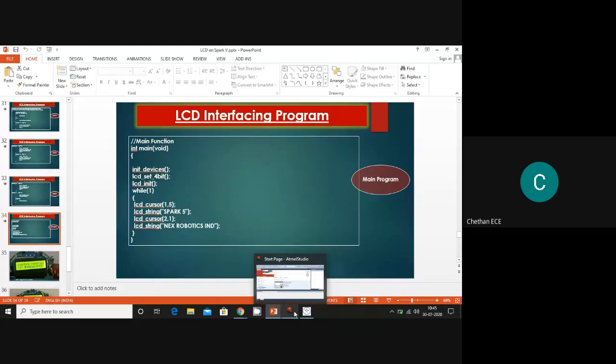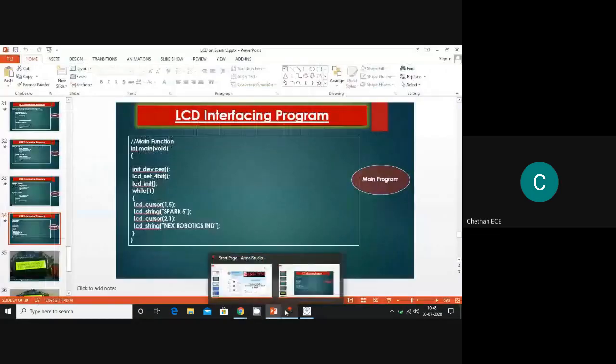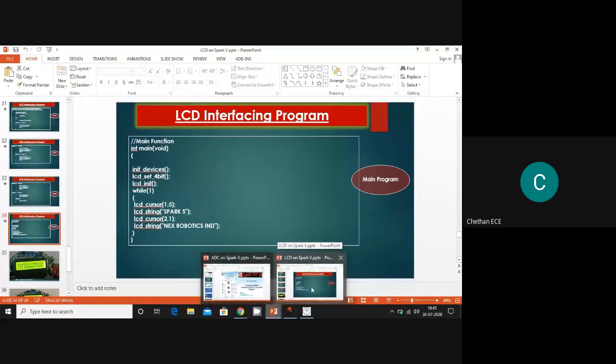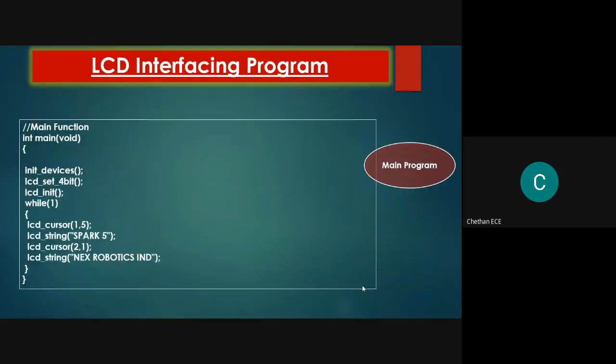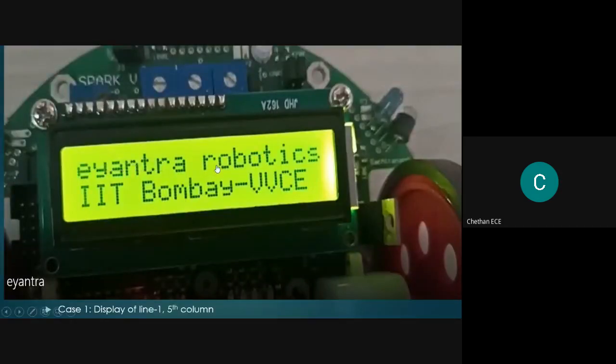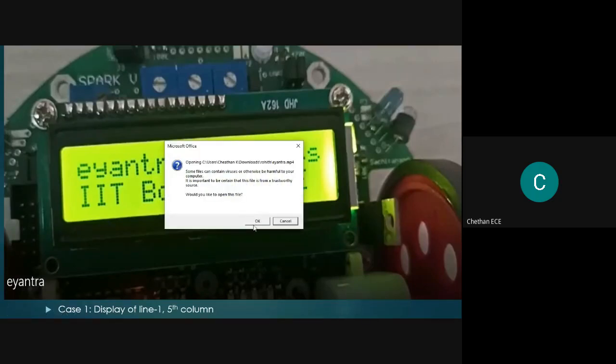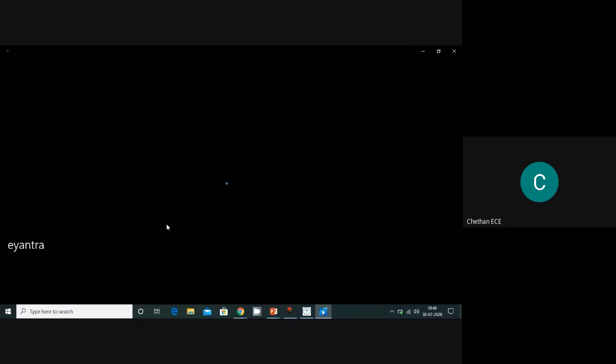Okay, anyhow, you are familiar with Atmel Studio. I will directly display the results. You can observe that I will play one video to display the result, eYantra Spark 5.